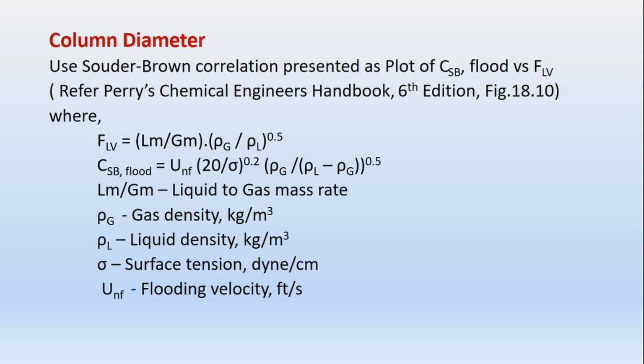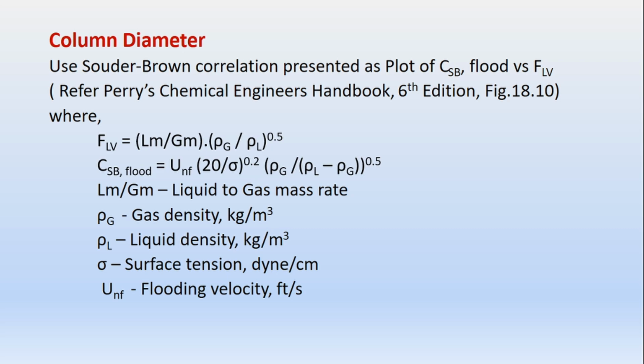So on the x-axis of the plot we have FLV values, and the y-axis is CSB flood values. Okay, so FLV is given as Lm by Gm multiplied by rho g by rho L to the power of 0.5. Lm and Gm are the ratio of liquid mass flow rate to the gas mass flow rate. Rho g is density of the gas, rho L is the density of the liquid, and we have the CSB flood